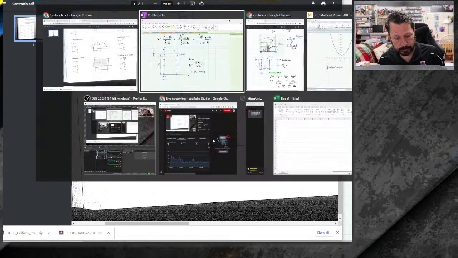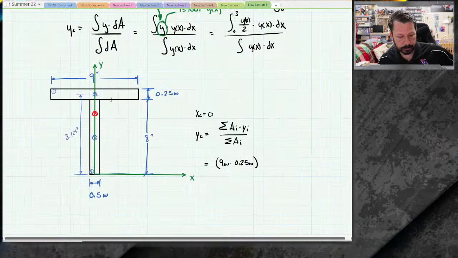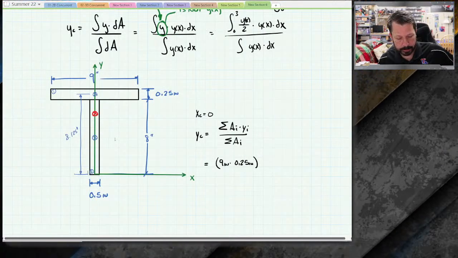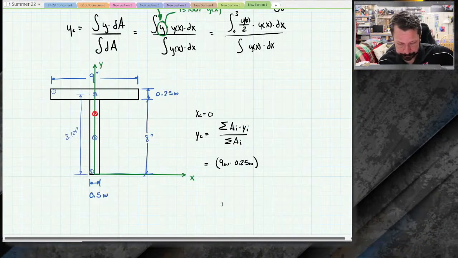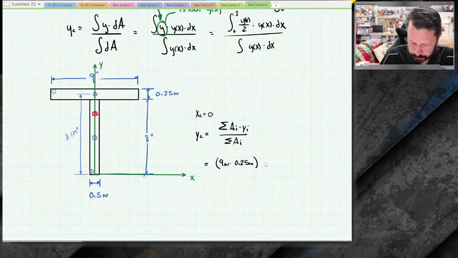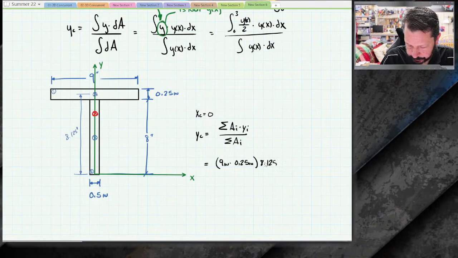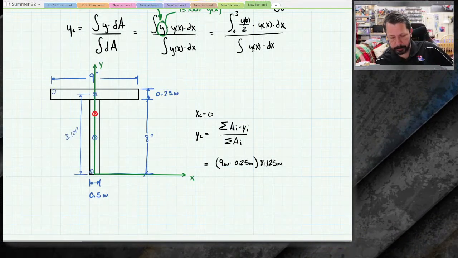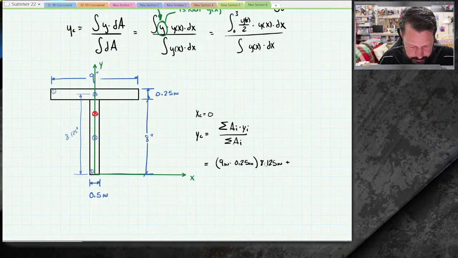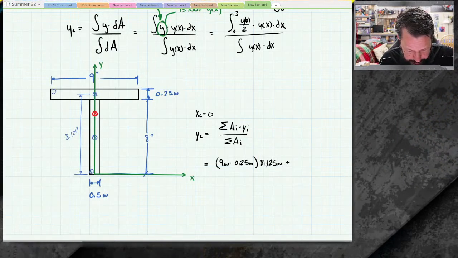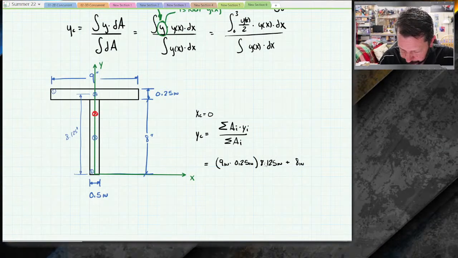But I'm not measuring from the bottom of the rectangle, part 1. I'm measuring all the way down to the x-axis. So that's why I had to add another 8 to it. So 8.125 inches. So that would be A1 times Y1 plus, because I'm doing a summation, A2 is 8 inches tall